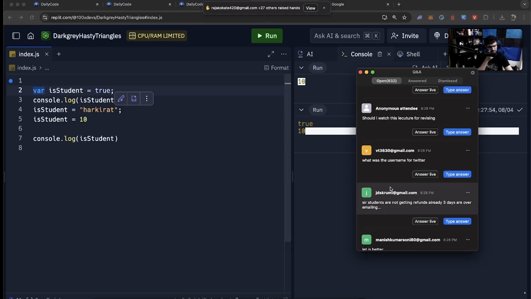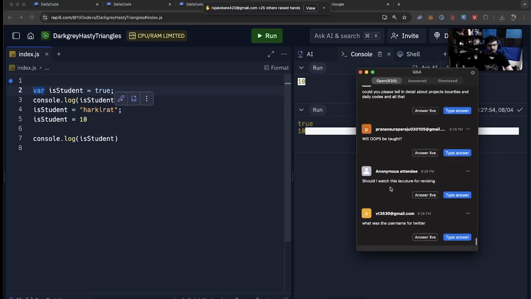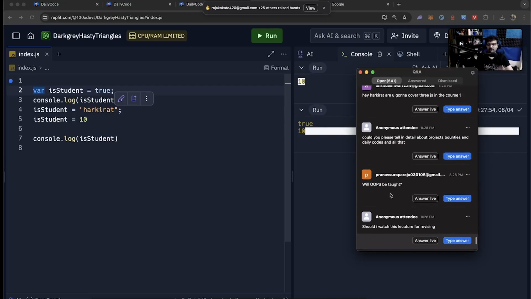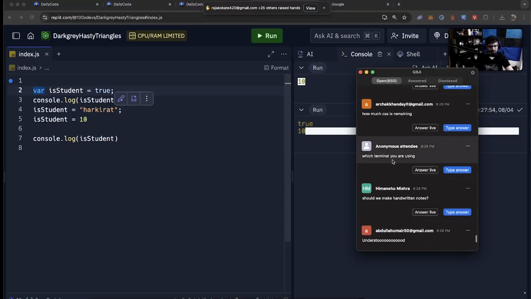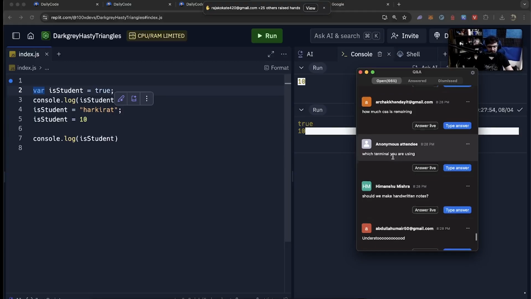Should I watch the lecture for revising? No, if you know this, drop off. You don't have to stay. As I said, if you understand the last thing, there's a drop off. If you want to do some Telegram fun in the end, then come back around 9:15ish. But otherwise, CSS basics we will cover in an offline video. Then we will cover it when we reach Tailwind.